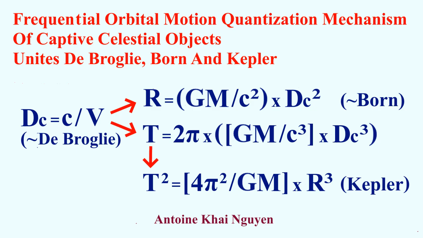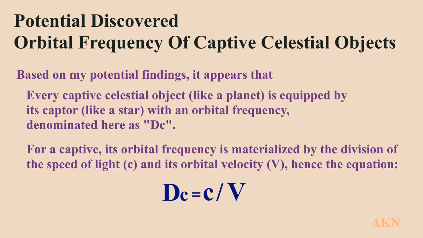This video is about my potential discovered frequential orbital motion quantization mechanism of captive celestial objects that appears to unite two pillars of quantum mechanics, de Broglie and Born, on one hand, and classical physics on the other hand, via Kepler's third law. The first fundamental component of this frequential orbital motion quantization mechanism is the orbital frequency of captive